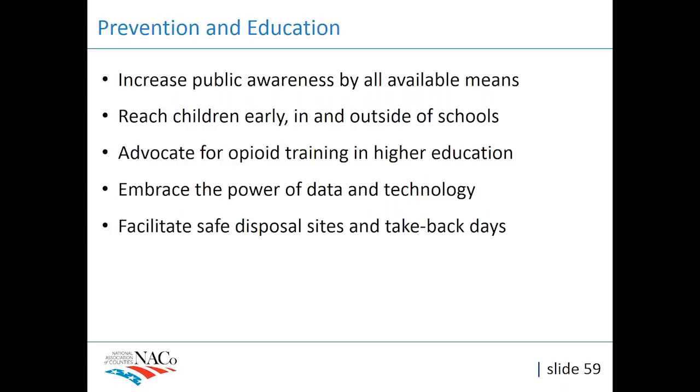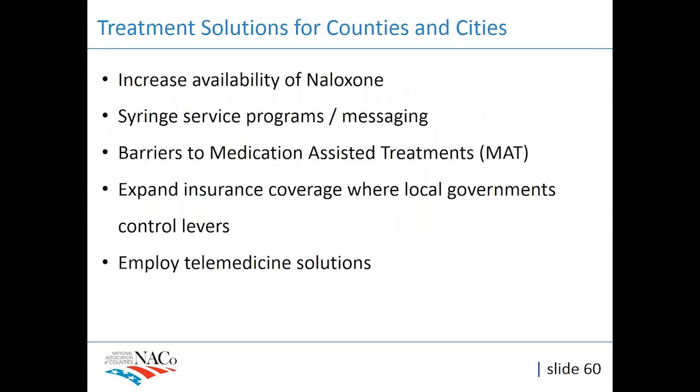And again, one of the things that we sometimes struggle but always work to address with our members is that even in the heat of the escalating opioid epidemic, even as individuals are tragically dying, if you take your eye off the prevention and education side of things, we're never going to be able to get out of this, because you need to stop the new dependence from developing before you can truly solve this epidemic. And then working through these next items a bit more quickly, because I think these are some of the more traditional solutions to the opioid epidemic that you have doubtlessly seen in your work.